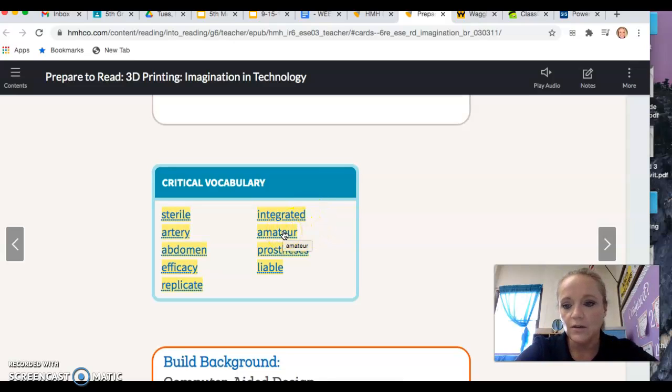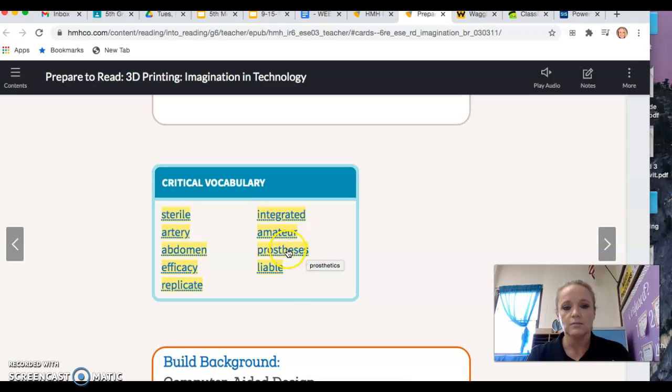Amateur is somebody who enjoys doing something, but they don't get paid to do it. Maybe not good enough yet at something to get paid to do it. Hunter gave the example that he would like to be a diesel mechanic, and I know that he already works on those things, so he's an amateur now, and he may get paid sometimes, but he's not getting paid like a full-time job. Prosthetic or prosthesis is a body part that has been replaced by an artificial one, so it's